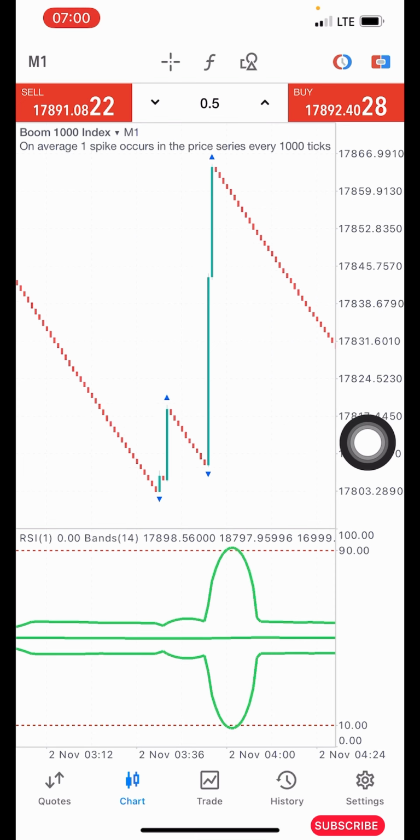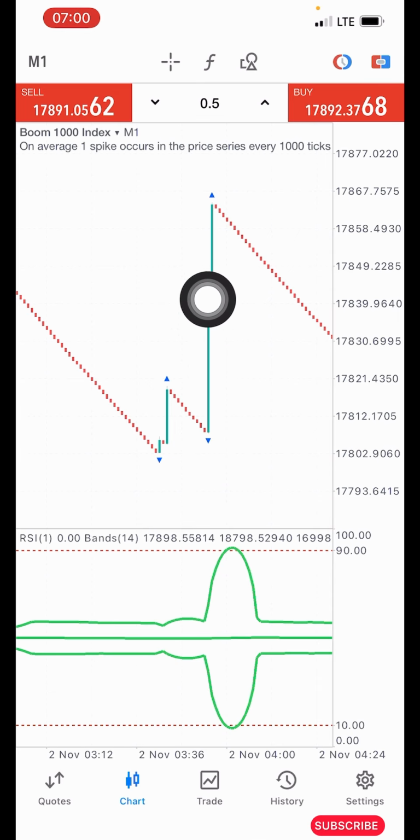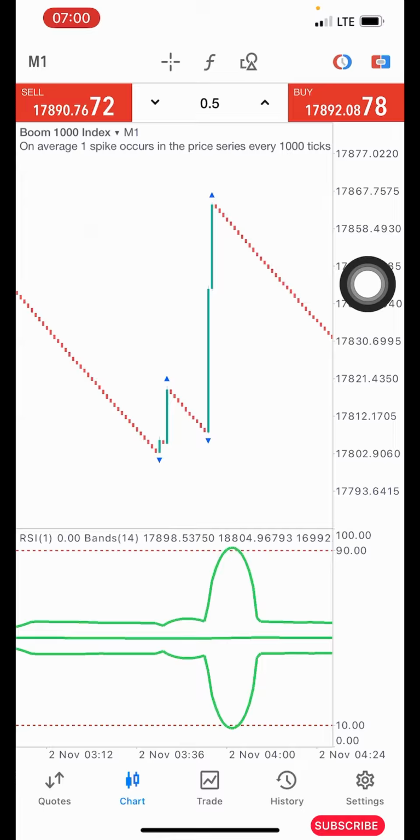Once you see the condition being met like that, the final condition is that you want to check your main chart. Now you wait for the fractal to appear on top of the particular spike that occurred. Once the fractal appears on top of the spike, then you go in for like 5